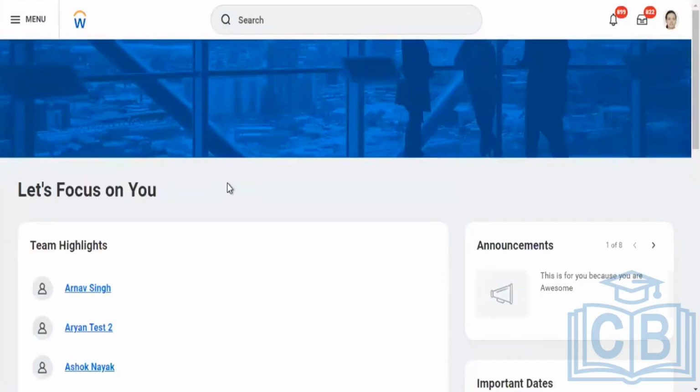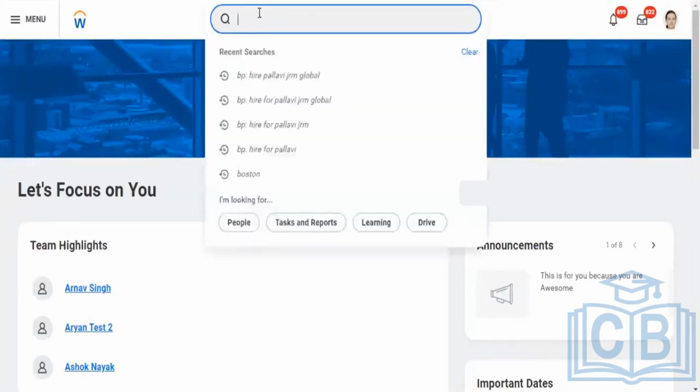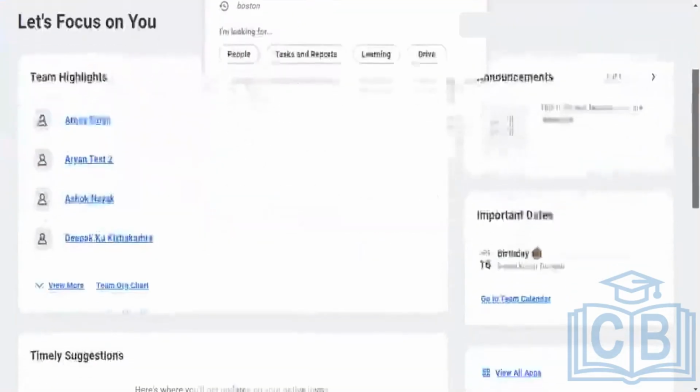There is a task called Schedule Offering. If you go to your Learning Admin application from your apps, you'll find Schedule Offering.